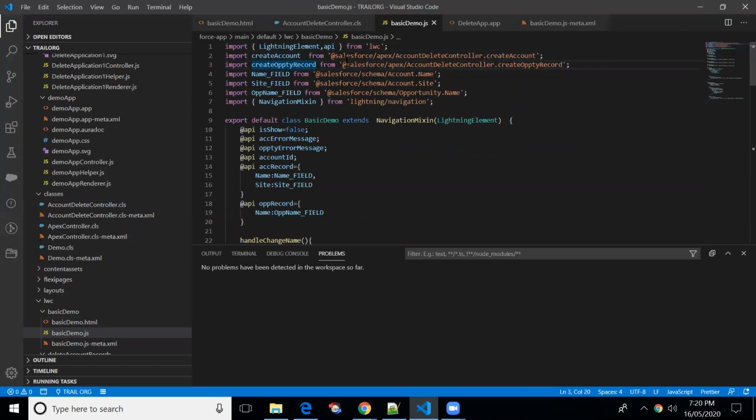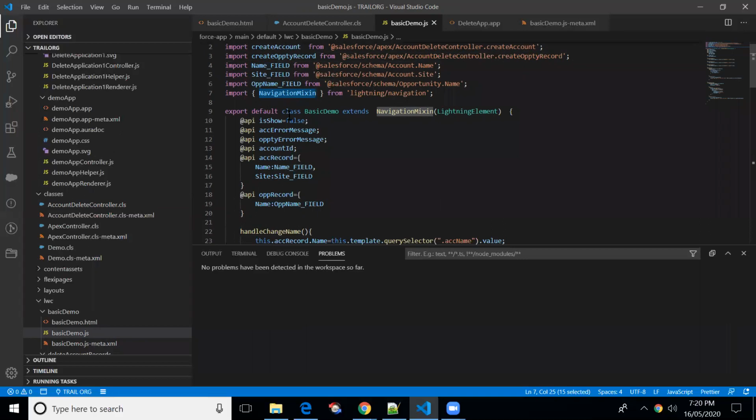You can give any name, but here it should be the same as the method name, right? I'll be using the name field and site field, which I just imported from schema. For opportunity also I have imported. If you are dealing with the navigation element, then we have to import this property. If you don't import this, then we will not be able to navigate to the detail page, right?